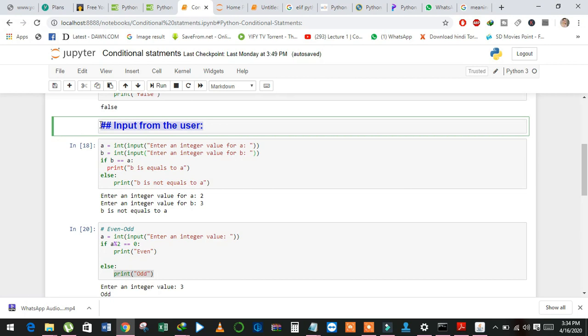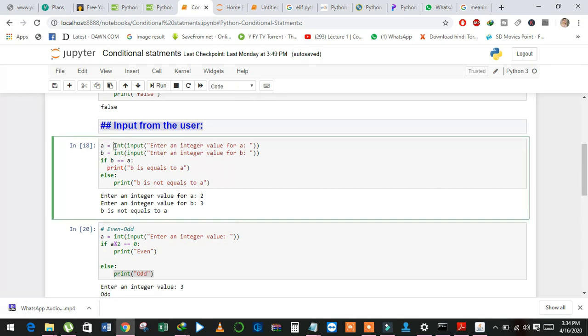Now we will take the values of a and b from the user with the input method. And see here, I have used int because the input method by default treats every value as a string, but I want to store the value as an integer.